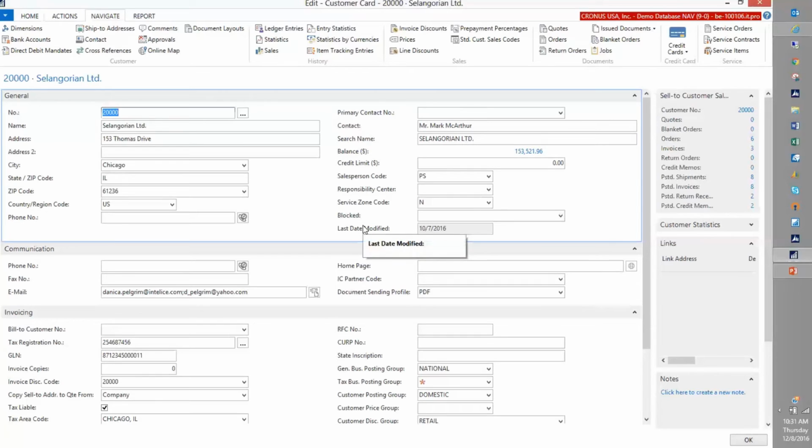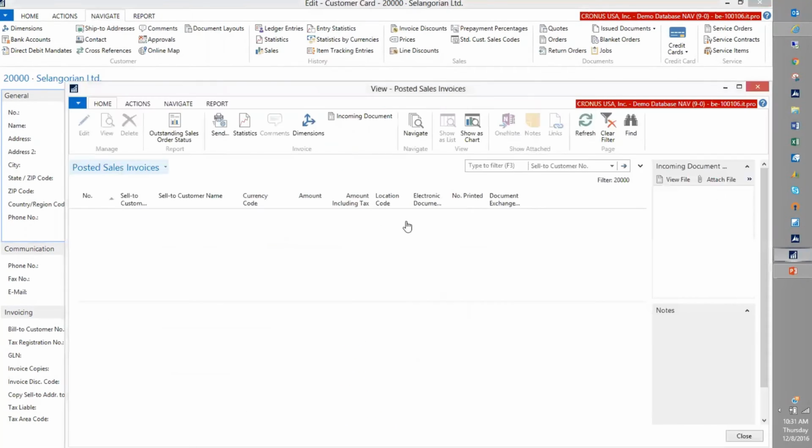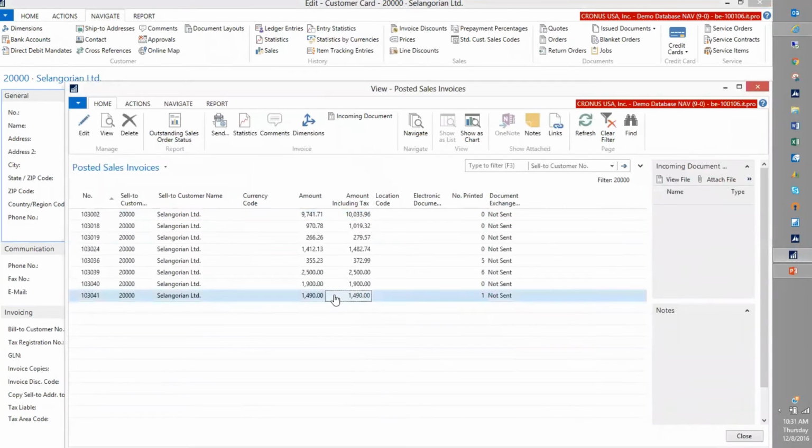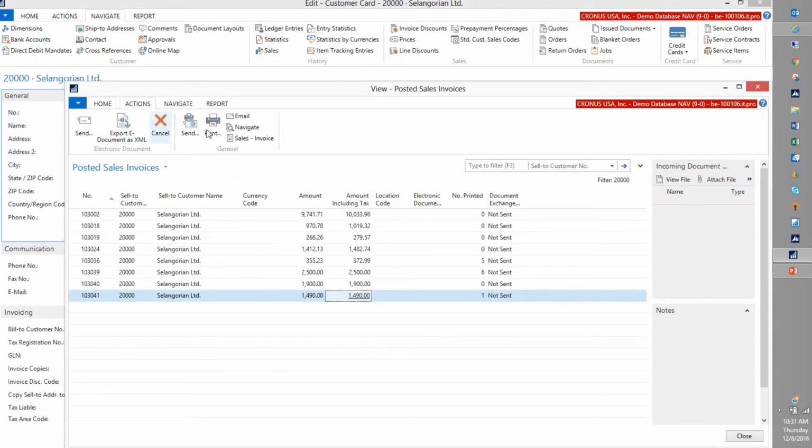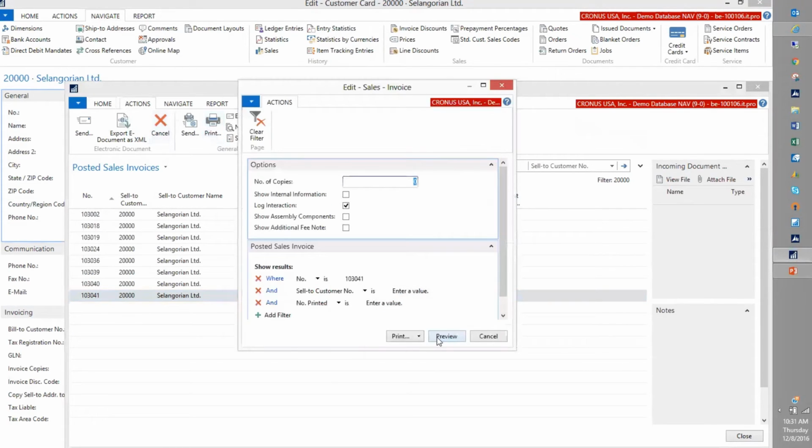So I'm going to come out of here, and then I'm going to go to the list of posted invoices for this particular customer. I'm going to select anyone. I'm going to select the last one on the list. If I go to the Actions, Print, and I preview this,